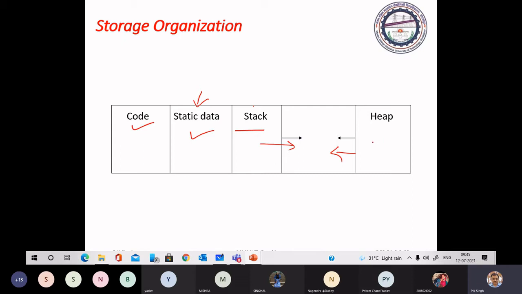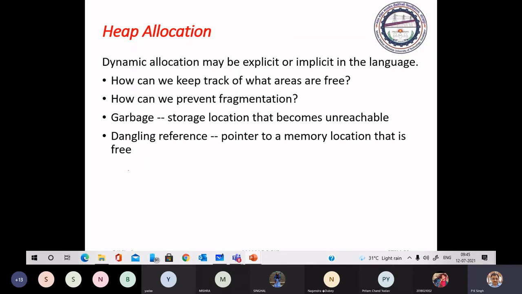Now I have told you this memory area is used for dynamic memory allocation. So when you do dynamic memory allocation, the heap is created. That dynamic memory is allocated in this heap area only, and it is at the tail of the segment.